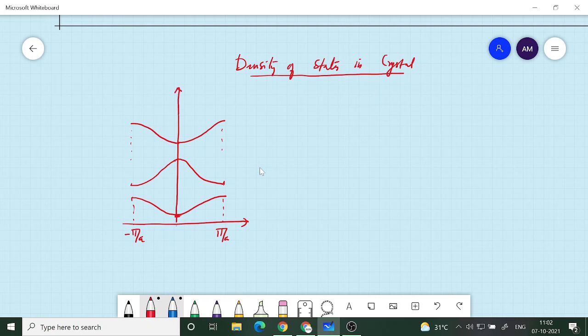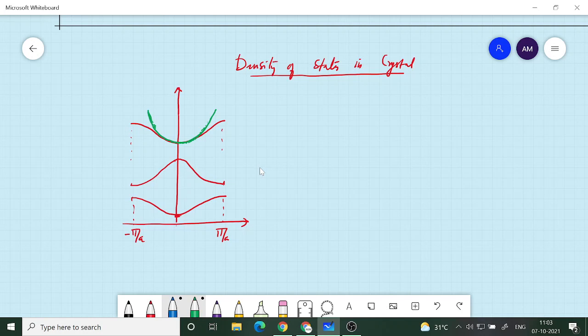Okay, so now if you look at some of the portions, for example, yesterday I told you, if you focus on the bottom of this particular band, you can approximate it like a parabola, and then we can define what is called the effective mass. And if it is a parabolic relationship, then it has a very similar EK relationship. The only difference is that instead of mass we have to use effective mass,